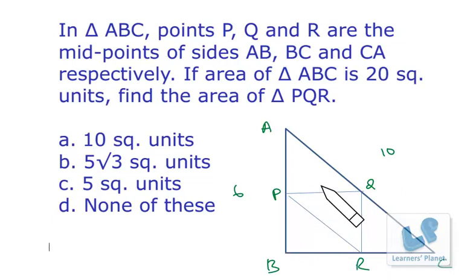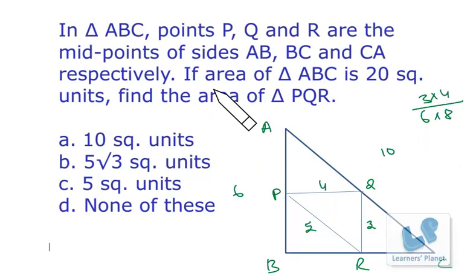So if this is 8, it has to be 4. This is 10, for the same reason it has to be 5. If this is 6, for the same reason it has to be 3. So the area of this triangle is half of 6 into 8, and the area of this triangle will be half of 4 into 3, right? So precisely the area will be nothing but 1/4 of this original triangle. Okay, 6 into 8 and 3 into 4, so it's 1/4.